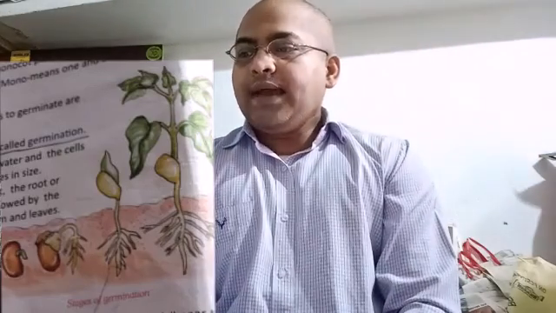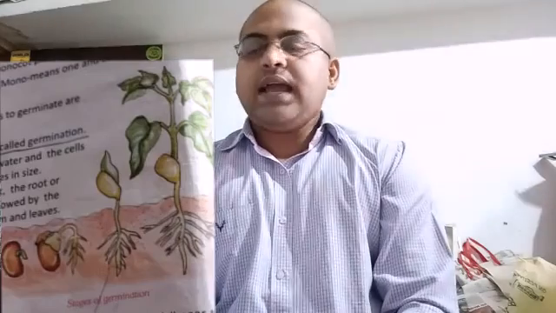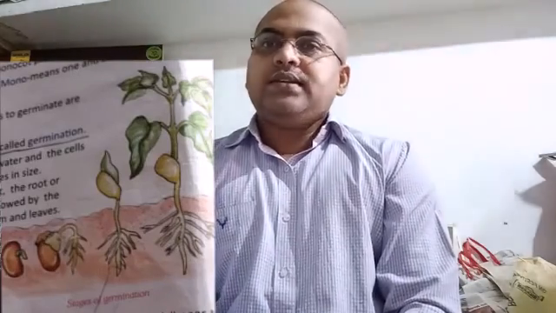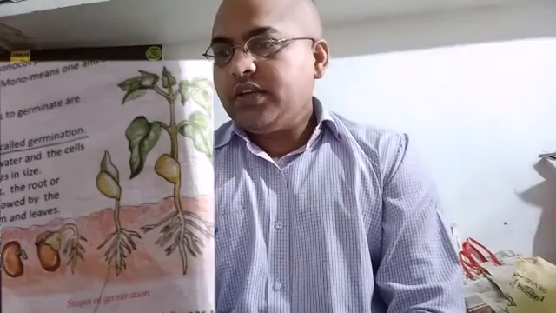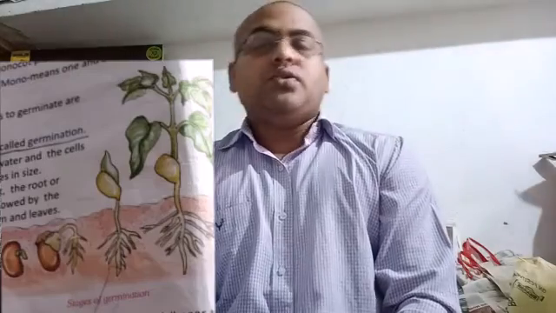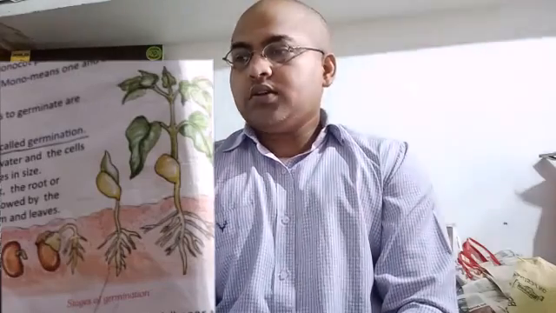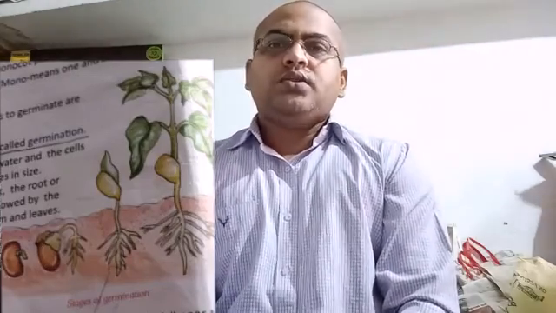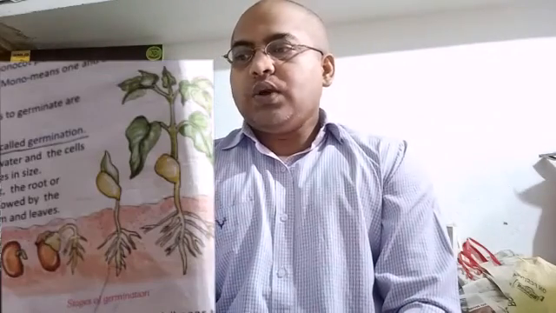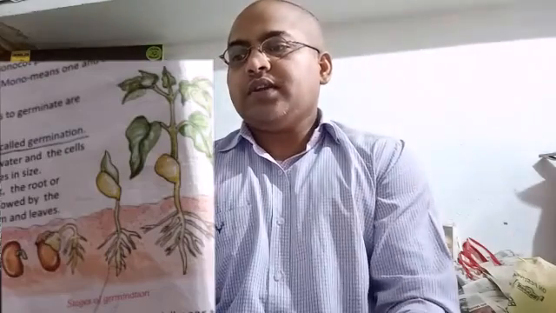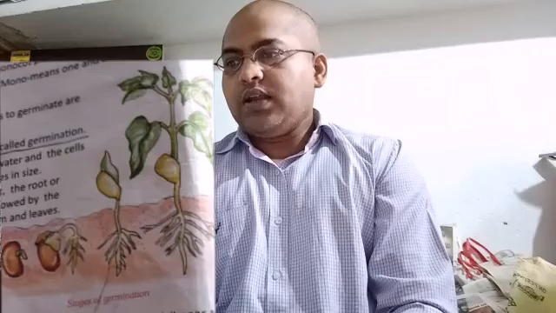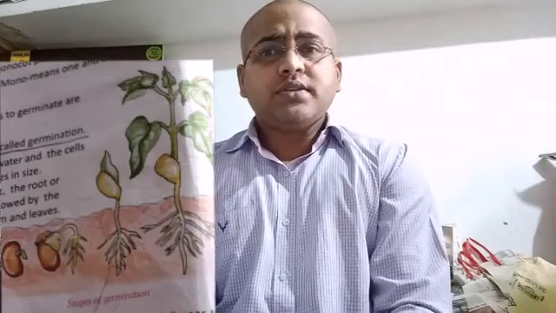Next question, black soil is good for the growth of cotton and tea plant. Cotton plant, it is true, but tea plant grows in mountain regions. In Karnataka coffee is grown but not tea. So it is not true, it is false. Next question, rice, jowar and bajra are the kharif crops that grow in summer. The answer is true.